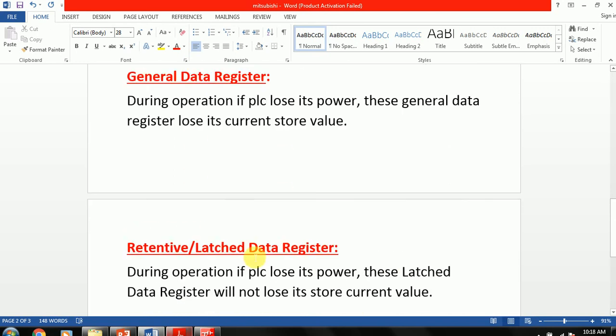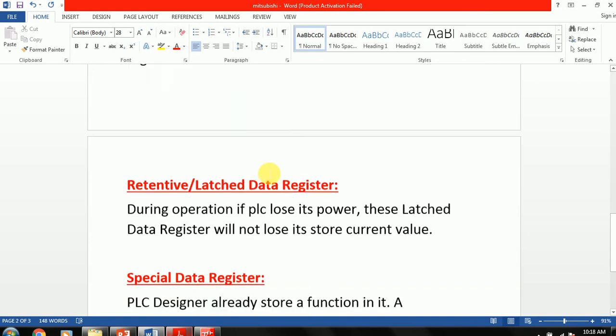Both are the same, but the difference is that the general one will lose its value when power is disconnected from the PLC.